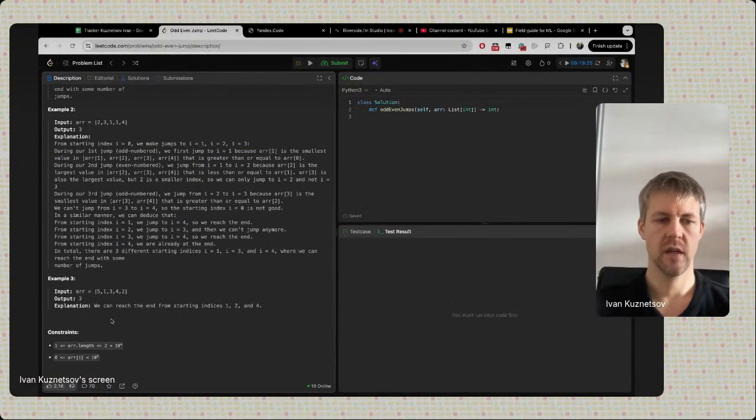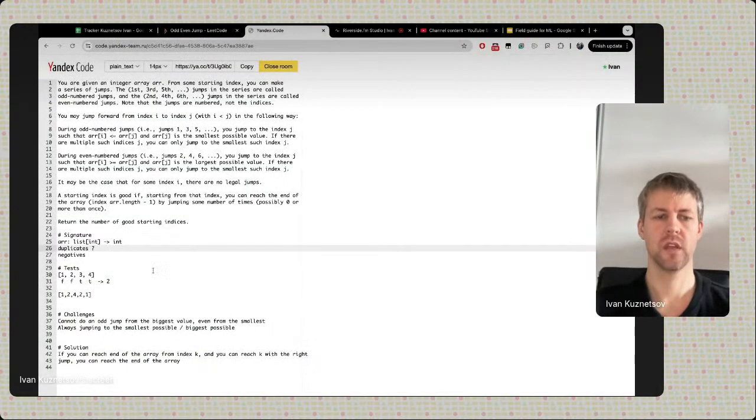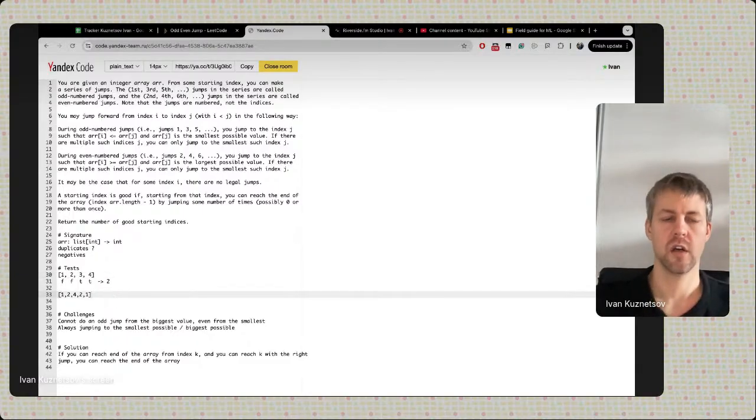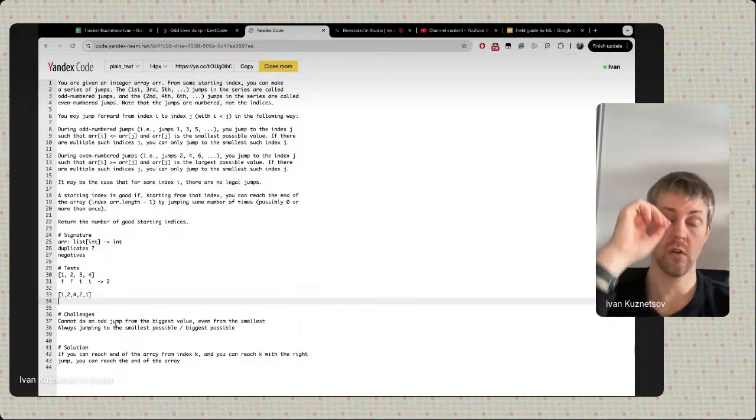And then indices, yeah, we can have duplicate indices. Then it complicates the problem a little bit for us, because now we need to choose also which particular index. But yeah, then we have duplicates, and for each of the duplicates we can check whether there is at least one duplicate which is a good starting index for the correct even or odd jump, and then it would work again for us. So okay, this works. I won't calculate the number of starting indices here, but overall this problem is